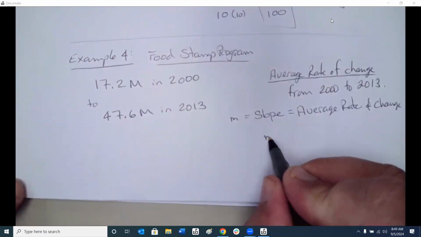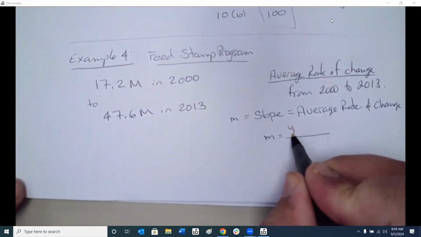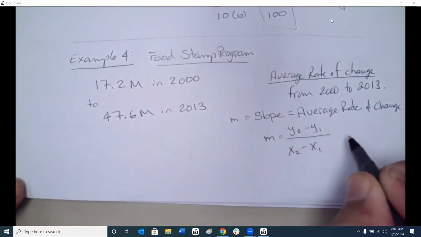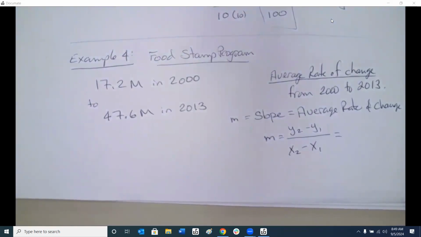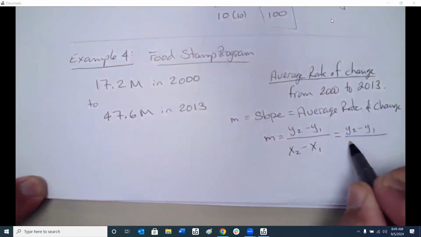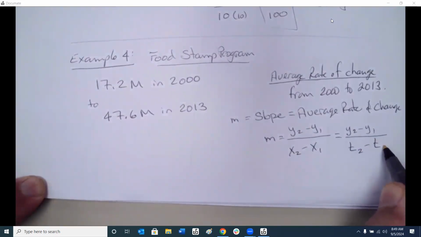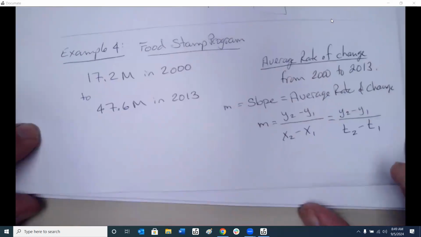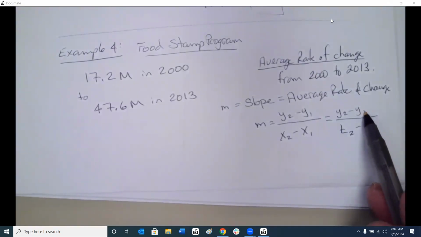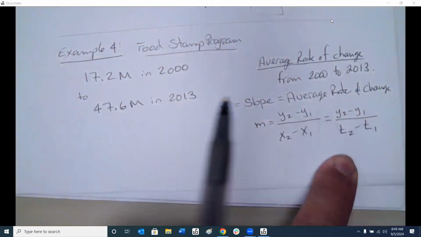The formula for a slope is y2 minus y1 over x2 minus x1. That's true, but whenever we talk about time, the time is always on the x-axis. So time is the x-axis and y is whatever we're looking at. So how do we go from here,